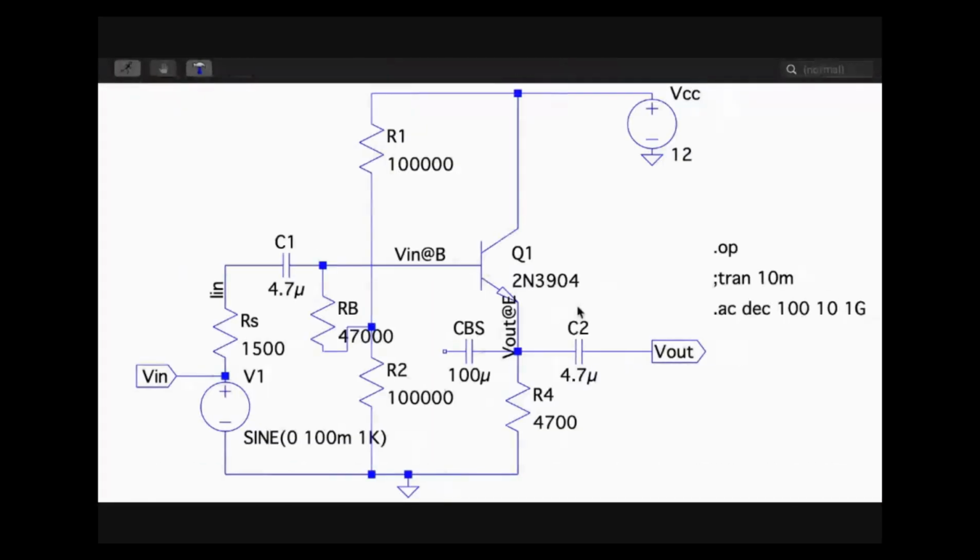Yeah, I kept my circuit here. Now the next thing is we need to measure the input impedance and output impedance, right? In order to measure the input and output impedance, we'll use the same AC analysis. What we are measuring is the small signal AC resistance at the input and the small signal AC resistance at the output.